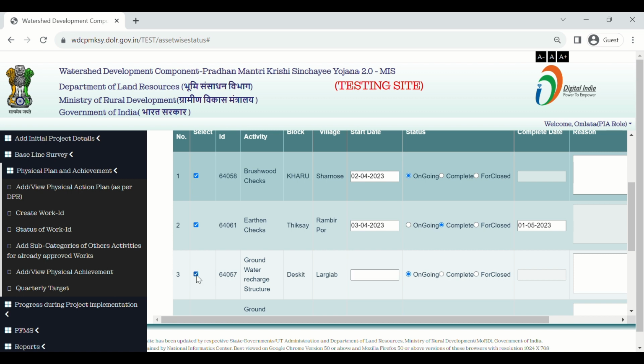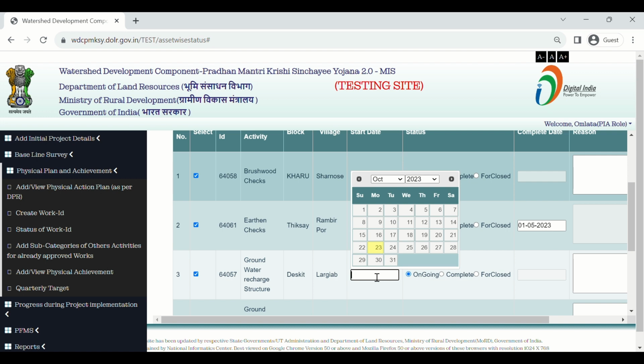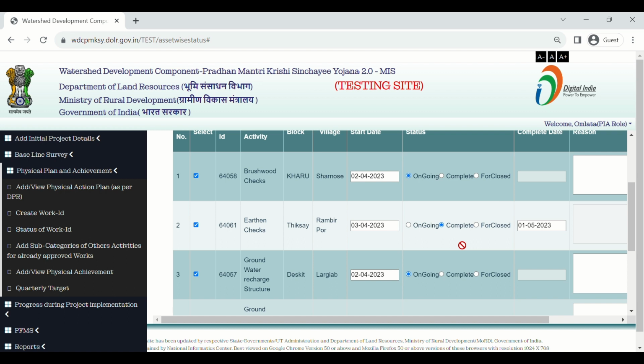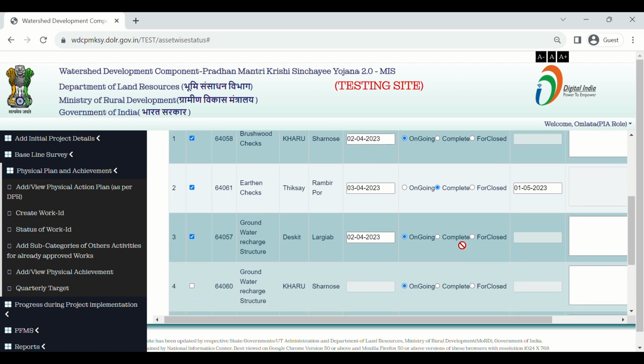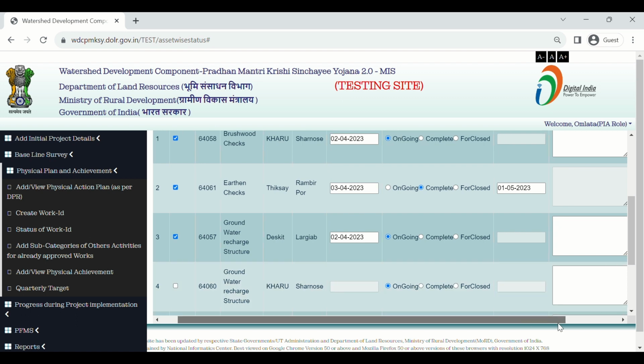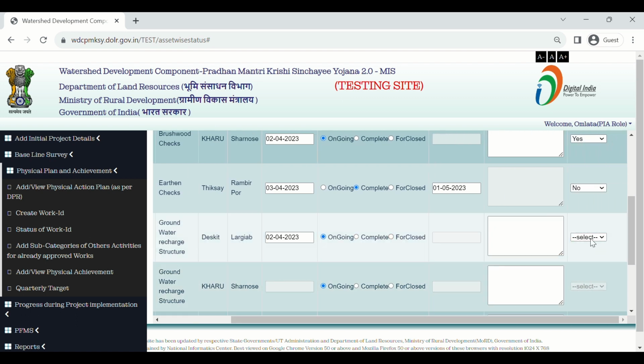Select another checkbox. Select the start date here. Select the convergence.